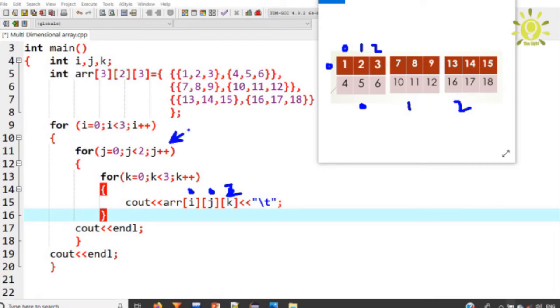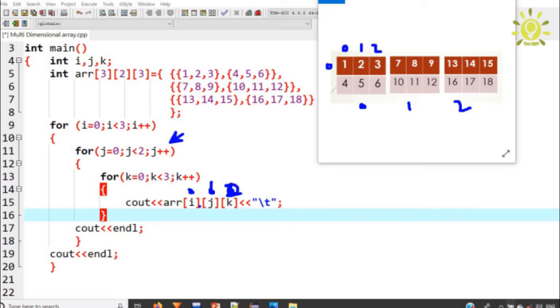So j++ increments the value by 1. So at last j had 0 value, but due to increment j has 1 value. So 1 will be less than 2. So condition will be true. So control moves into the body of the inner loop, and here k is equal to 0 and k, 0 is less than 3, condition will be true. So into the loop body, and here i holds 0 value, but j has been incremented, so it now holds 1 value, but k here has 0 value.